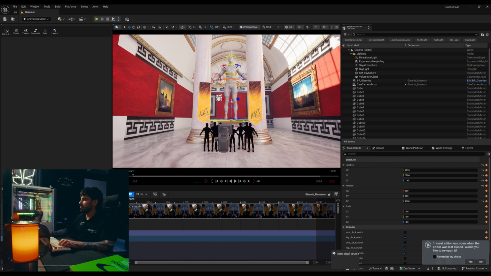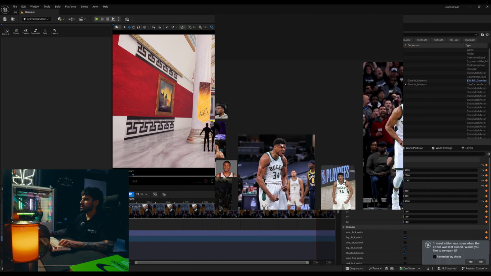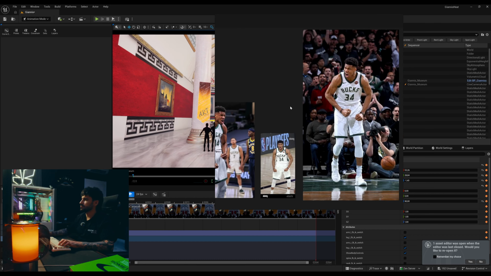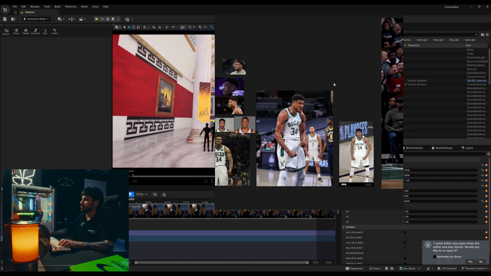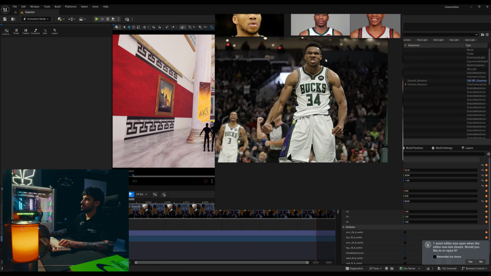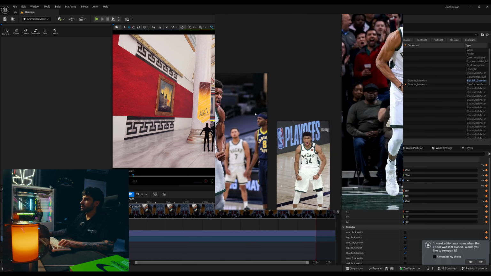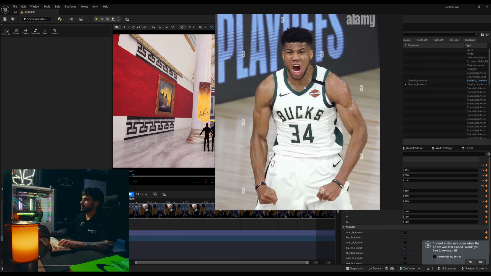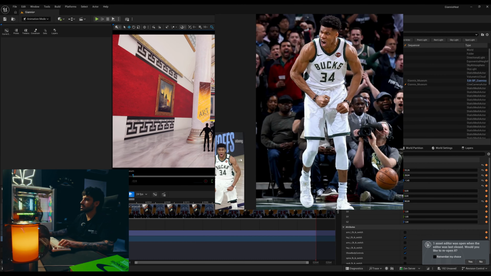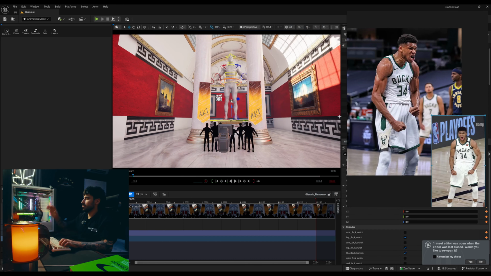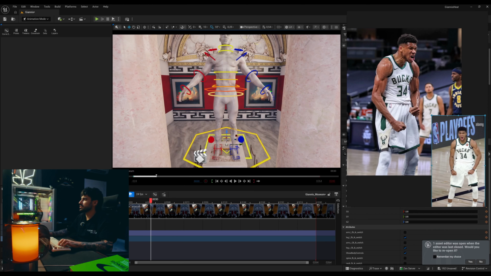So I'll quickly get my references of the poses that I was looking at, and I think we're gonna go with this one. I really like this one, but his face looks funny. So this one could work, but this might actually be it. So it's pretty similar though. Okay, so we got the references. So I'm actually gonna do a front